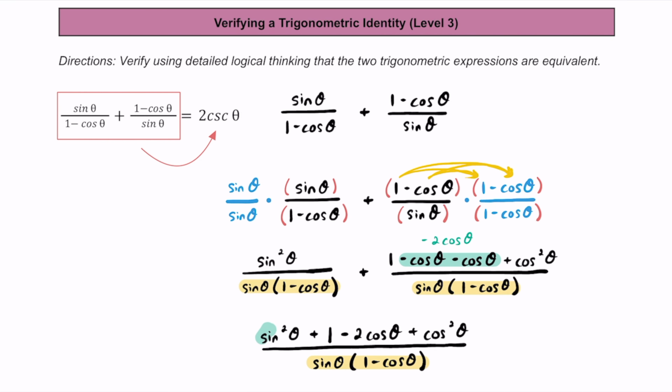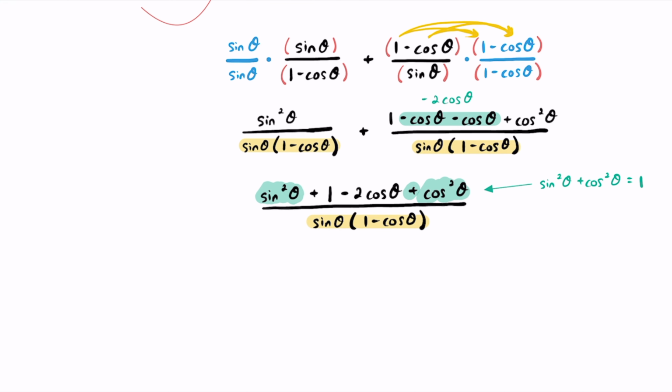Next, notice this sine squared of theta and this cosine squared of theta. Again, we're adding these two pieces together because we have that addition over there. So remember what that's equal to. Side note, remember our Pythagorean identity where sine squared of theta plus cosine squared of theta is equal to 1. Now I know the sine squared of theta and cosine squared of theta are a little bit far apart from each other, but using the commutative property, you can rearrange that, and that would just equal 1. So rewriting this, we would have 1 plus the 1 that we already have, minus that 2 times